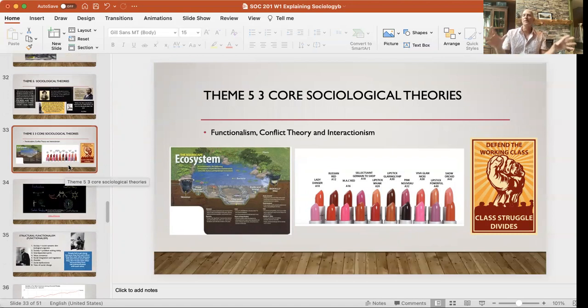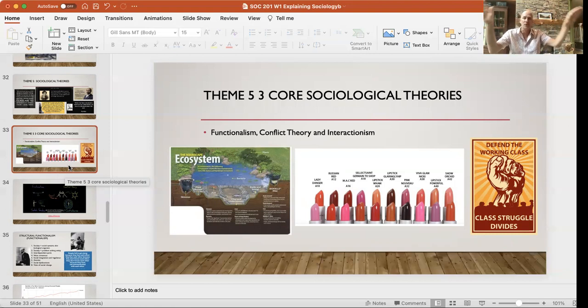So basically there are three theories that we'll explore. There are many more branches of theories. There are branches underneath each of these. Our goal is to get an orientation of what these three branches are. And then maybe if you continue on in sociology, you'll see there are more variations on the theme.